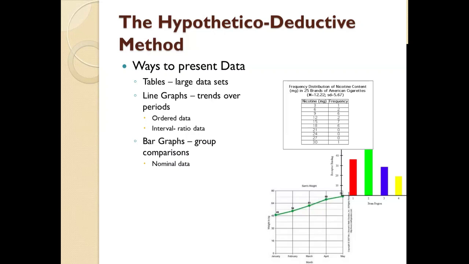And that makes it perfect for nominal data sets where it doesn't really matter if group 1 is red or group 2 is red and group 1 was instead blue, because each group doesn't really matter except in contrast to its neighbor. Okay? So bar graphs are great when we're looking at things like males versus females, the average age of BMCC students, how many are below 20, how many are 20 to 25, how many are 25 to 30, and so on and so forth.